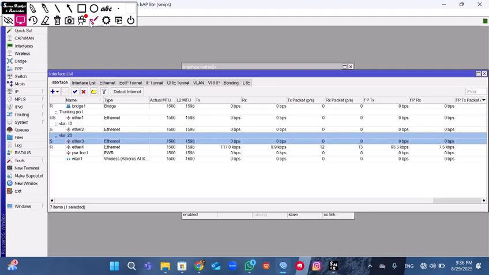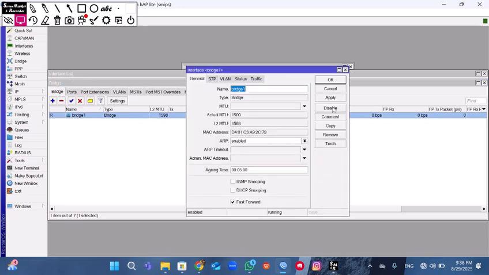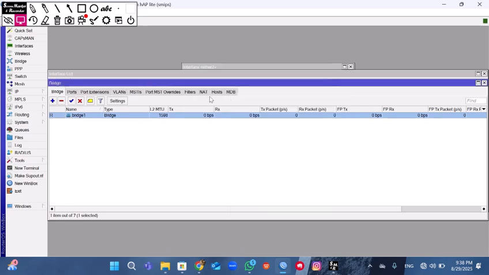After you give the name, you can go to bridge and you add the bridge. You can give the name bridge one.